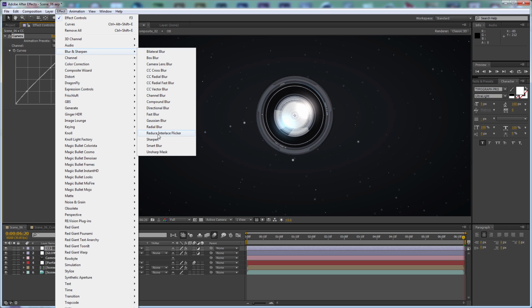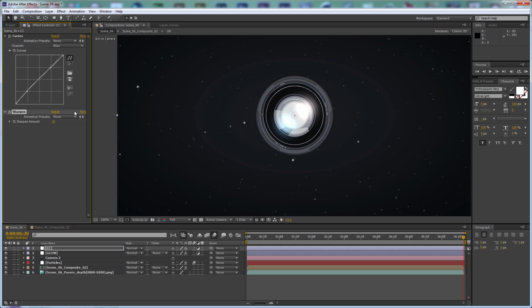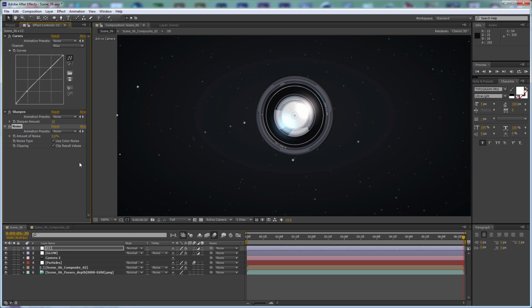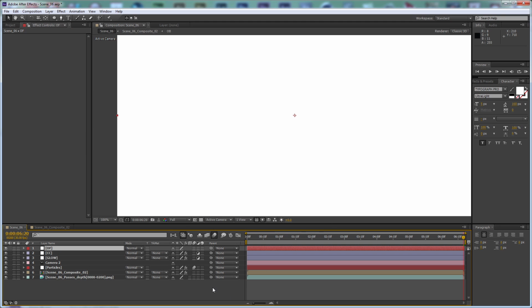And now blur and sharpen, apply sharpen, and go to effect, noise and grain, and apply noise. Set this to 4, and this is our color correction. Now we need to create two layers of optical flares,